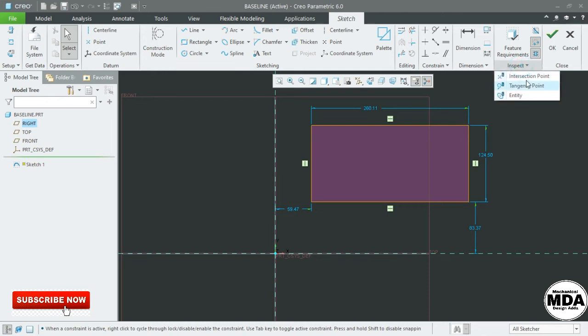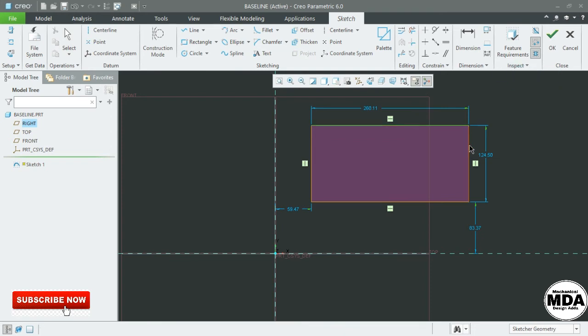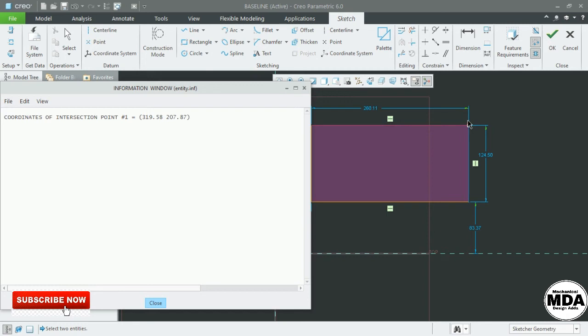In this way we can inspect the points, tangency and the entity. So how can we use this? While working on different files like STEP file, IGES file, where you can't recognize the shape of that line geometry, for that purpose we can use this entity like intersect point. You can directly select this one and this one, and directly identify the intersect point, where the intersect point is there. So you can inspect like this.